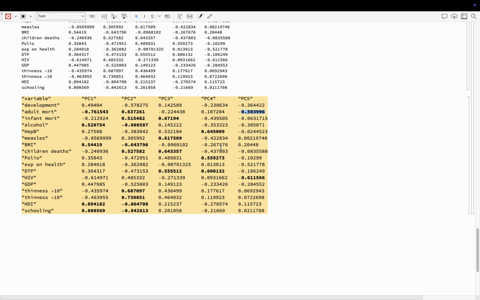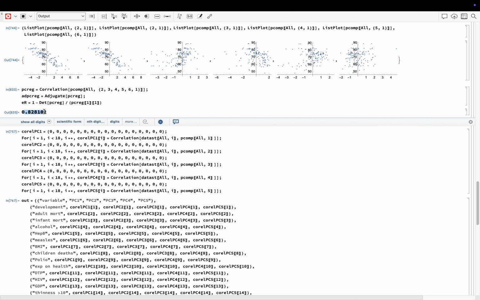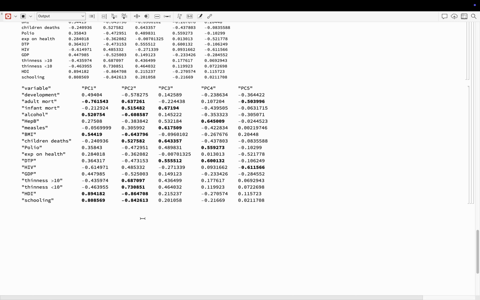So, as a source of independent variables for multiple regression, probably it is not the best choice, because to obtain high R square, here we had to use like 5 independent variables, but the interpretation of those principal components becomes quite interesting, especially this component that says something about health of children,